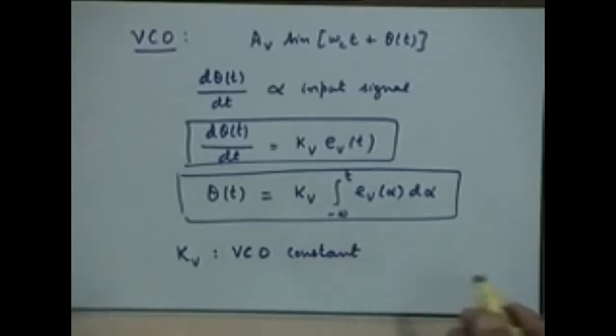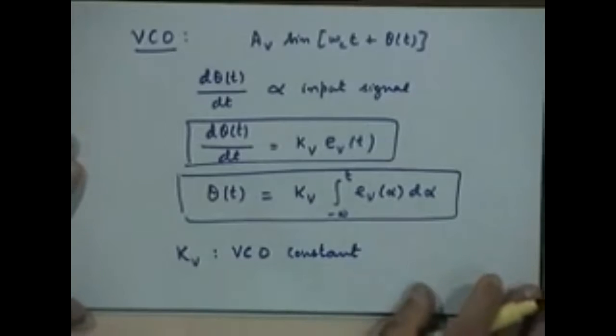Of course, you can work out what the dimensions of all of these constants that we discussed will be. So, we now have a characterization of every component that we need. Of course, we already know how to characterize a filter and how to characterize an amplifier, so I do not have to spend time on that. The two new components that we had introduced were the phase detector and the VCO, which we have characterized now. So, having got a characterization for each of them, let us develop a mathematical model which will serve as a framework for our understanding of the working of the phase lock loop.